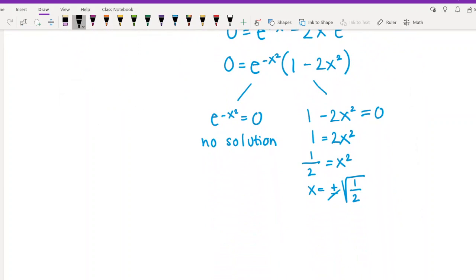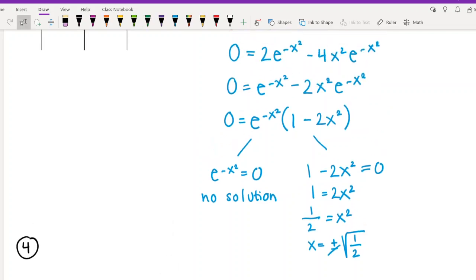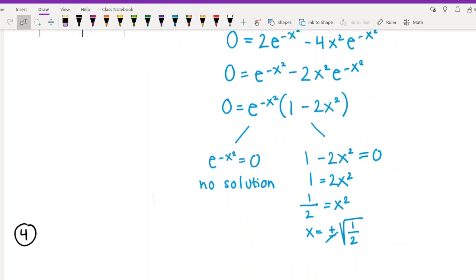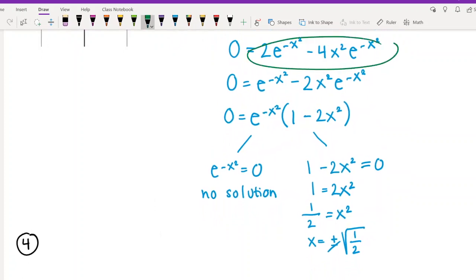So the next step is to double check that that actually gives us a local max, right? Because we want a maximum in this problem. So how do we do that? We take the second derivative. So it's going to be a little bit messy in this case. So our first derivative was basically this thing, right? So the second derivative is going to be